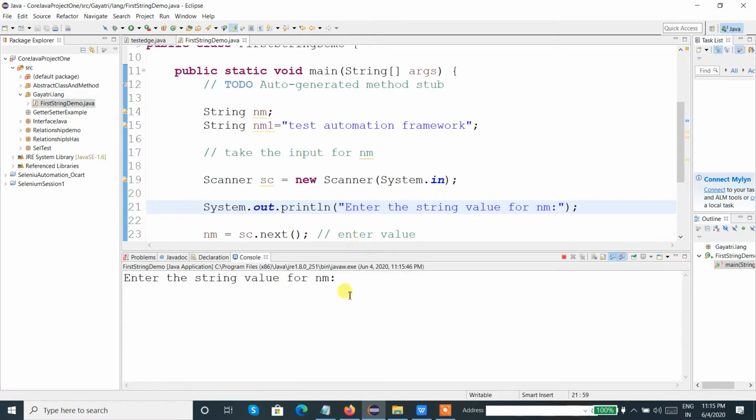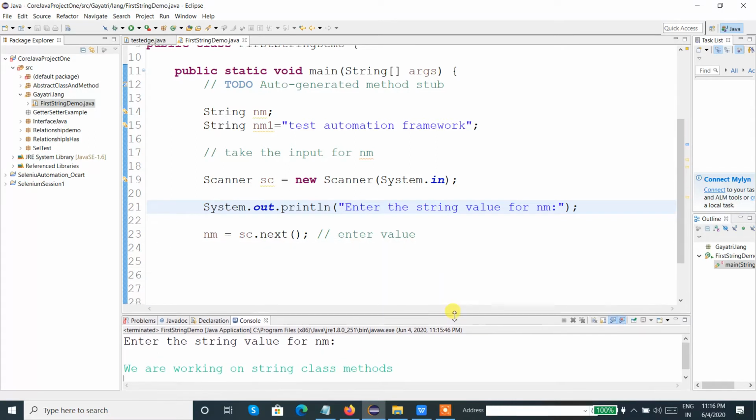I am not printing anything, it's asking me to enter the string value for nm. So let's say we are working on string class methods. As we are not printing anything, it just allowed me to enter the value.